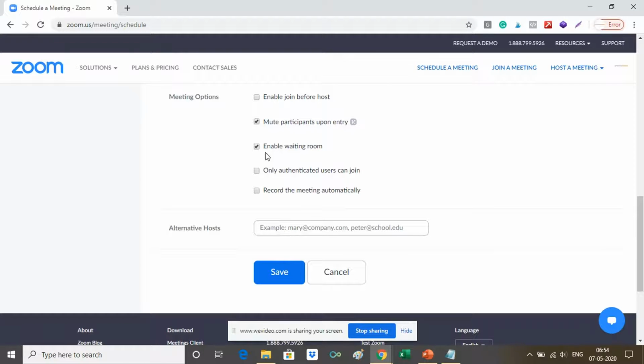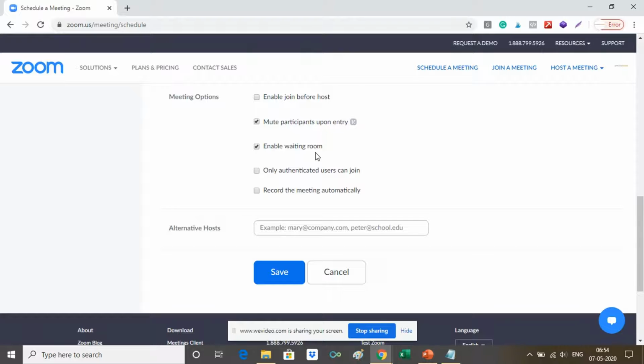And the third is enable waiting room. Again, ensure that you've clicked this. This is the third phase of security. The first thing is, they need to have a meeting ID. Second, even after they enter the meeting ID, they'll need a password.